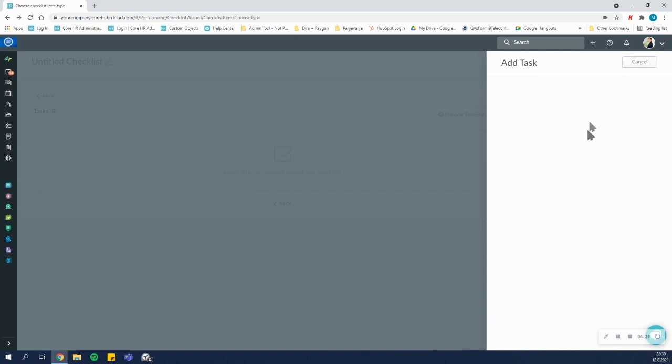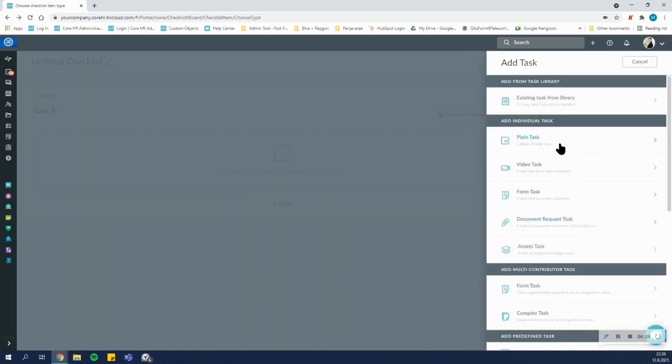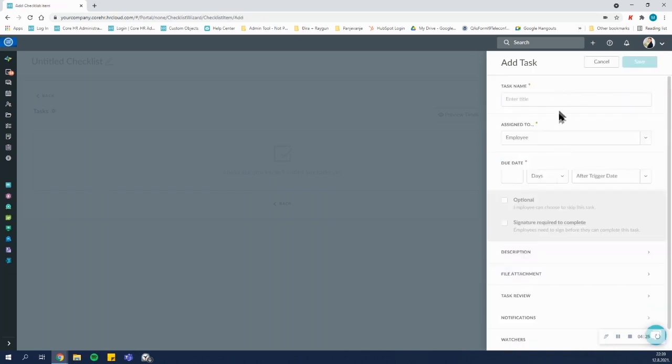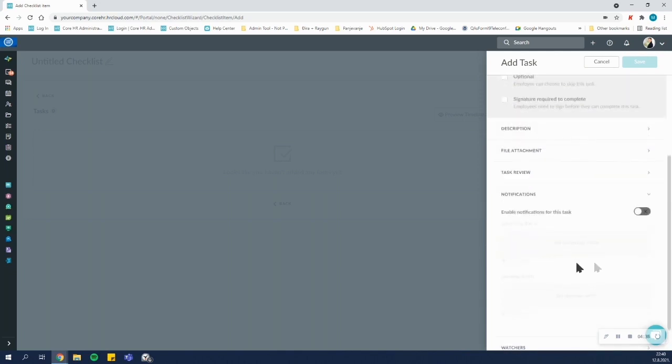All of these tasks have some attributes that they share, so I'll be using the plain task to go through them. So each task has a different name that can be added for differentiating between the tasks. There's a due date that's defined on all of the tasks. You can then schedule automatic notifications before the due date or after the due date, and they act as a